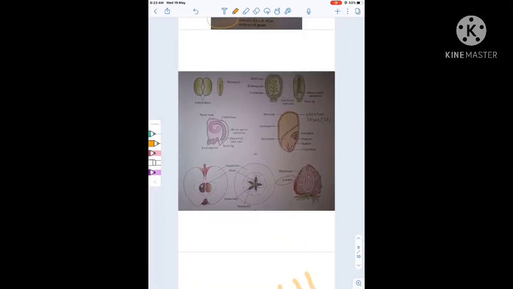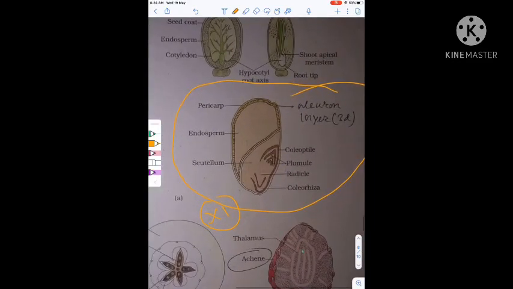Now here there are many diagrams, but among these, this diagram is given in class 11 NCERT. Okay, and this is important, especially here. This is known as the aleurone layer. Okay, the aleurone layer is a proteinous layer and triploid, known as the aleurone layer. Important. This is the pericarp, this is the endosperm, this is the scutellum. In the scutellum region, this is the coleoptile, this is the plumule and the radicle and the coleorhiza. This is important.